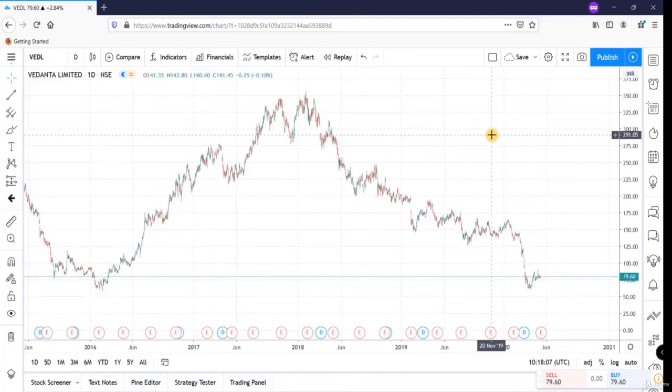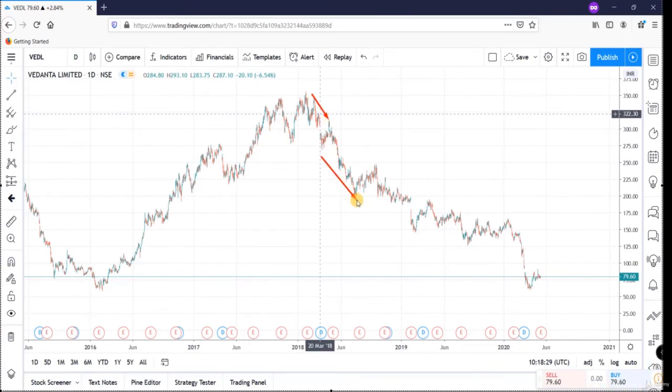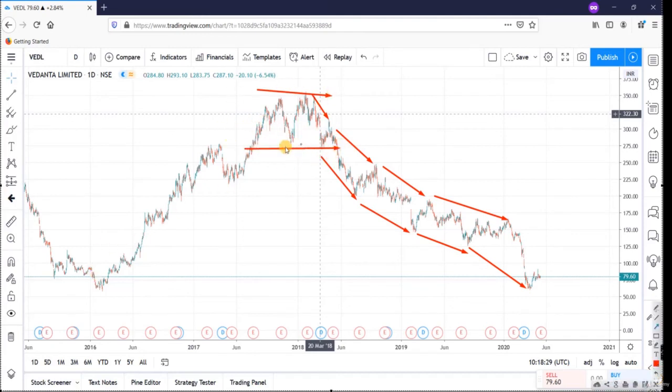This is the daily chart of Vedanta Limited and the trading perspective is positional trading. So find out the current trend on this chart for positional trading perspective. Correct. The current trend is downtrend as there are lower lows and lower highs. Prices are going in downward direction. So the current trend is downtrend. This was a sideways range. After this uptrend, prices are in sideways range for some time and currently prices are in downtrend.